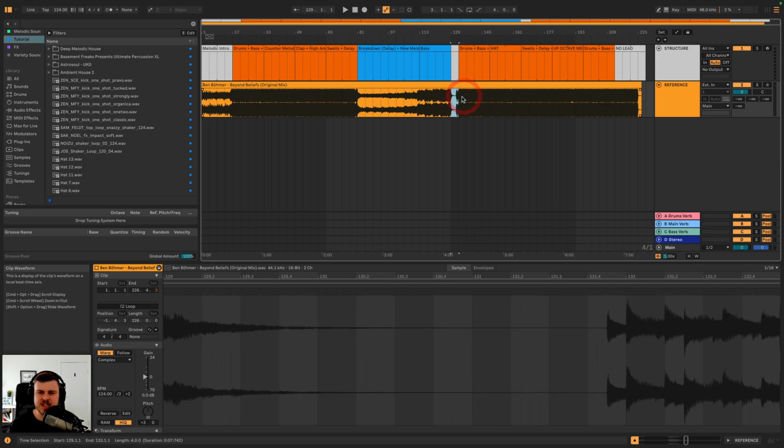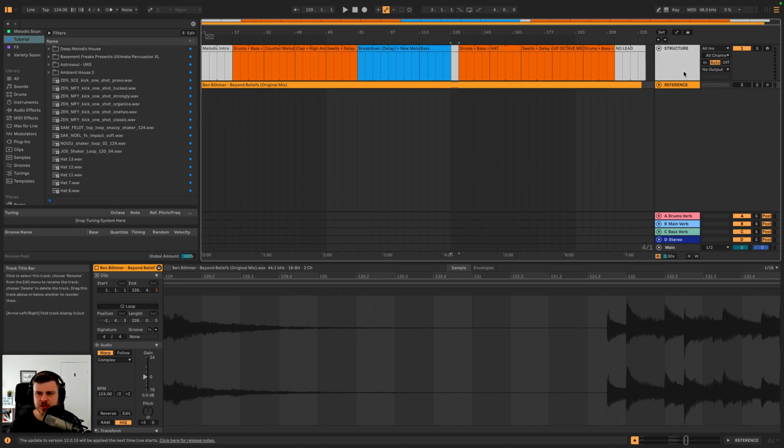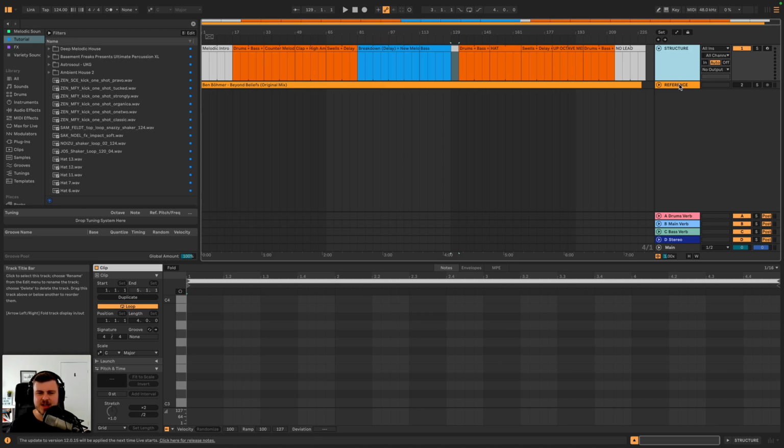We'll see if we also keep this gap here. We might do something different in our track. But we got the reference all dialed in now. I'm going to turn off the reference tracks switch, so we don't actually need to listen to it anymore. We can just go off this structure. We may leave it in here later for mixing purposes, but now that we've got the structure and BPM sorted,